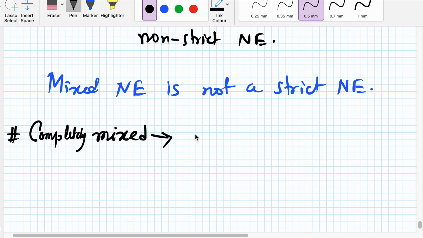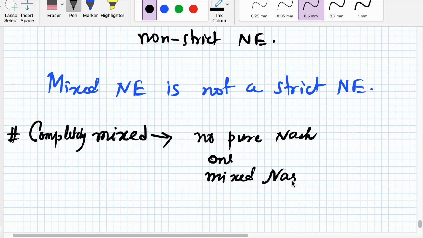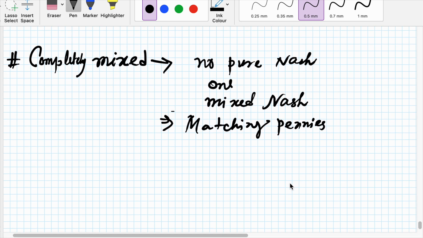Completely mixed game, no pure Nash, only mixed Nash. An example is matching pennies. So for such games, Selten and Chmura, by experiment with real human beings, find that they always